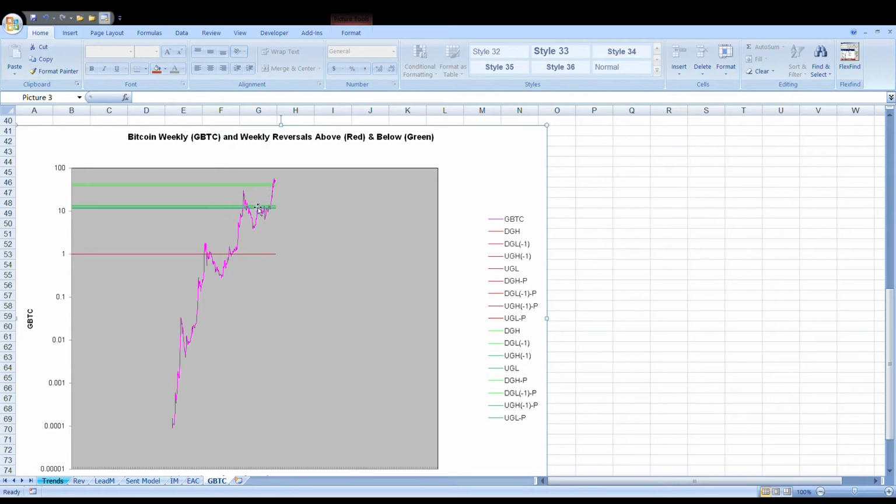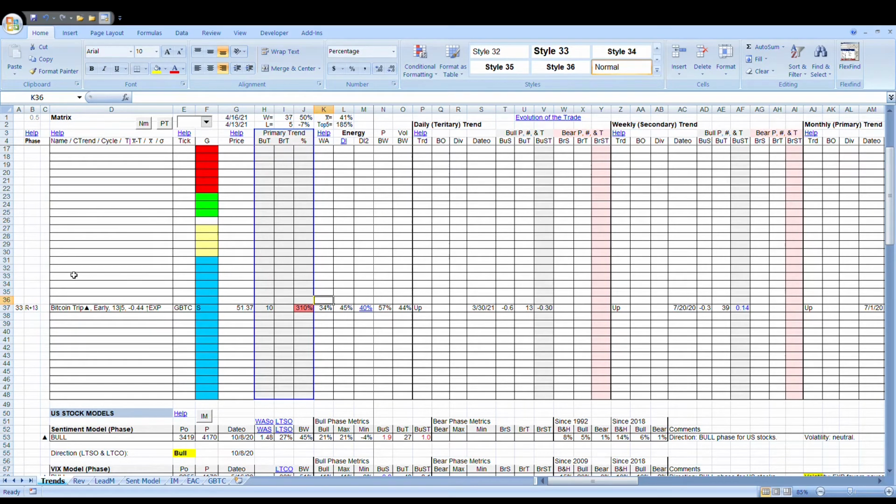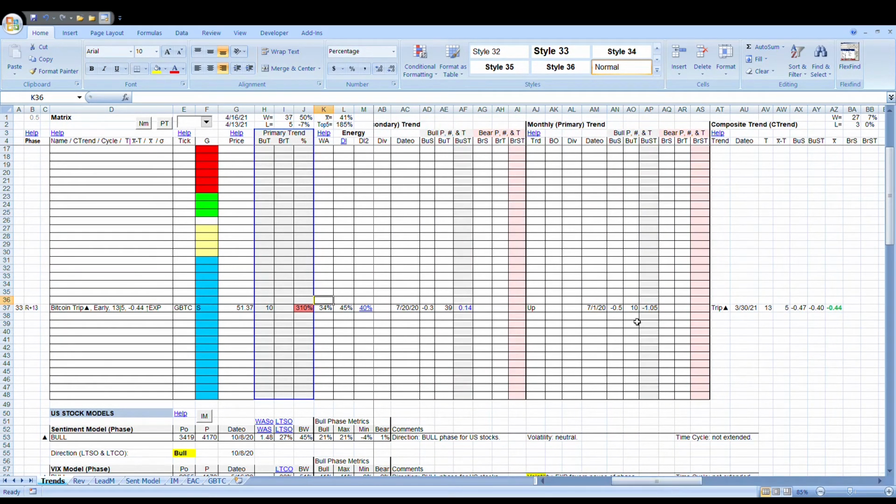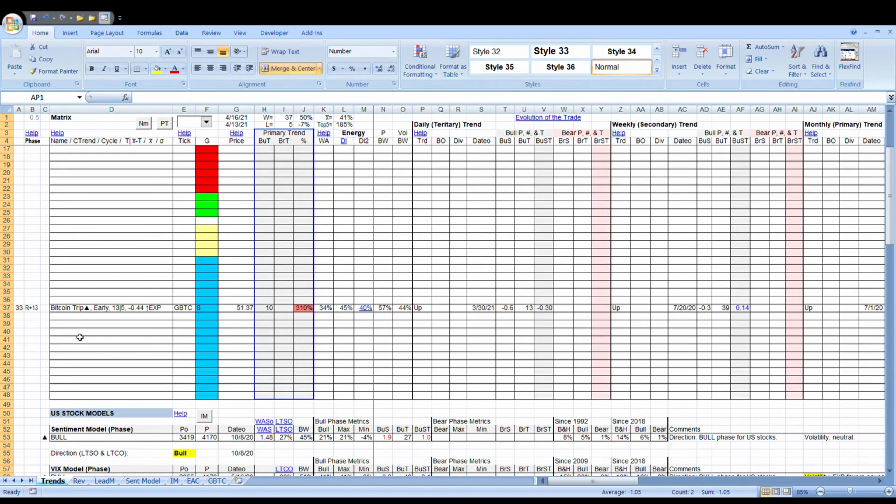Now, if we can come back down and test that and build an energy build, it just strengthens the case for continuation of the primary trend. The primary trend is defined here, and these two cycles, which are the main driver of the evolution of the trade, remain negative, they remain uncolored. Everything is looking pretty good here. So if you want to know some more and you're a subscriber, there's plenty of reviews that have talked about this. Very little has changed.